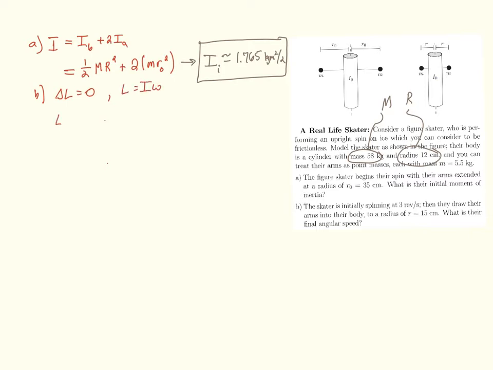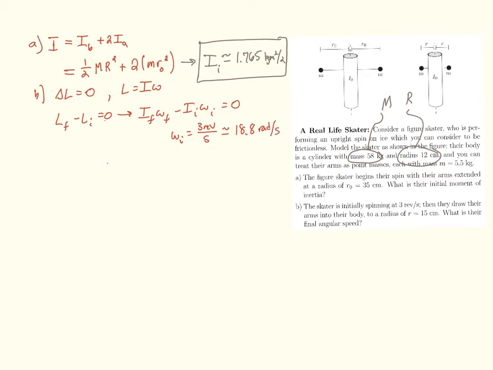This is a rigid object, so I want my L to be represented by I times omega. So delta L equals 0 means L_f minus L_i is 0, which means that I_f omega_f minus I_i omega_i is also 0. So I know some of this stuff already. I know I_i right there. Omega_i is 3 revolutions per second, so let's quickly convert that into radians per second. So 3 revolutions per second. Converting that is a matter of multiplying that times 2 pi, and that times 2 pi is 18.8 radians per